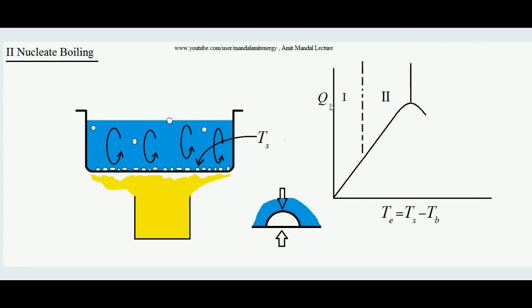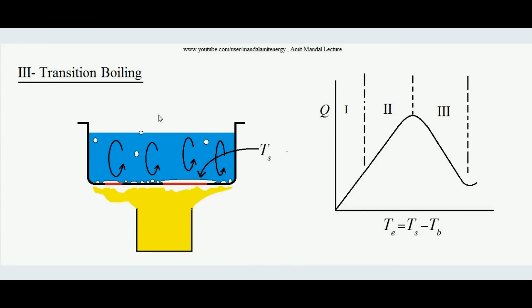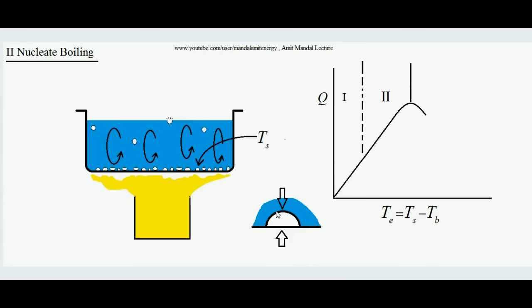In the first regime of boiling, heat transfer rate is increasing with T excess. In the second regime of boiling, that is nucleate boiling, the heat transfer rate is still increasing with T excess, but beyond a particular T excess, transition boiling starts. What happens in transition boiling? The heat transfer rate is decreasing. The reason I already told: when vapor bubbles form, they detach the liquid water from the hot surface. Heat doesn't transfer from the hot surface to the liquid directly, but through a vapor bubble in between. Since the number of bubbles is increasing continuously with T excess, most of the liquid is detached from the hot surface. So the heat transfer rate is actually decreasing.